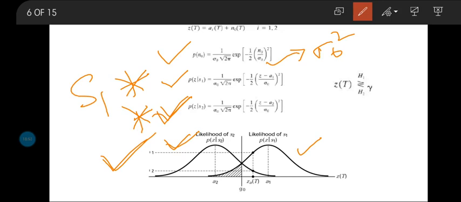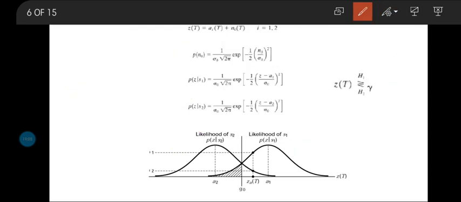So at the second step, the detection is performed by choosing the hypothesis that the result from this particular threshold measurement holds good. So what is that threshold measurement? That is given here. So it is z of t is greater or lesser with respect to the gamma value. What is this greater for H1 and lesser for H2? These two values, we call it as hypothesis. H1 and H2 are the two possible binary hypotheses.